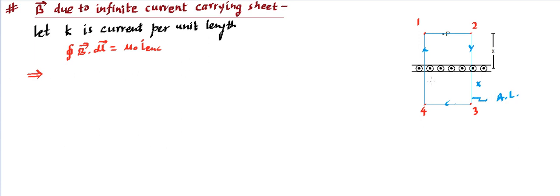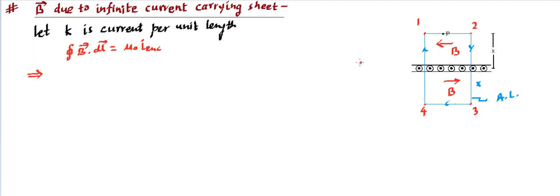Now as far as the magnetic field direction is concerned, we can decide, because this is current coming outside. Whenever the current comes outside, we can use the right hand rule to decide the direction. If we consider the direction, then you will find the direction anywhere upside is going to be in this way, and the magnetic field direction anywhere downside is going to be in this way. So the magnetic field directions will be parallel to the sheet that has been shown there, and that means they will be horizontal, towards negative x-axis upside, and positive x-axis downside.